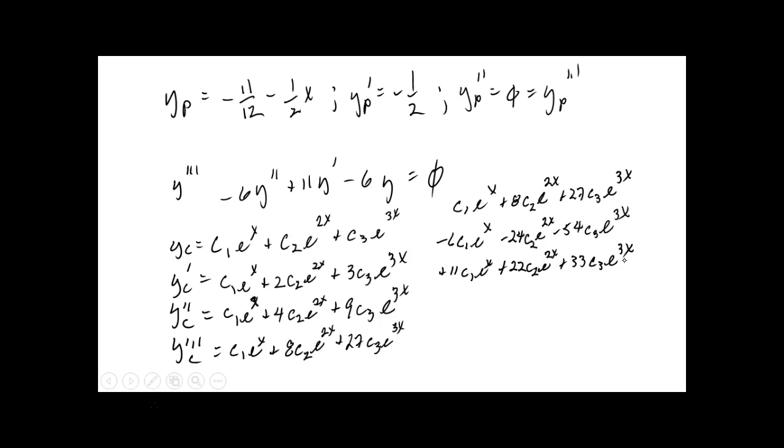Minus 6 times y. Well, your yc here, that would be a minus 6 c1 e to the x. Plus 11 c2 e to the 2x, I'm sorry, minus 11